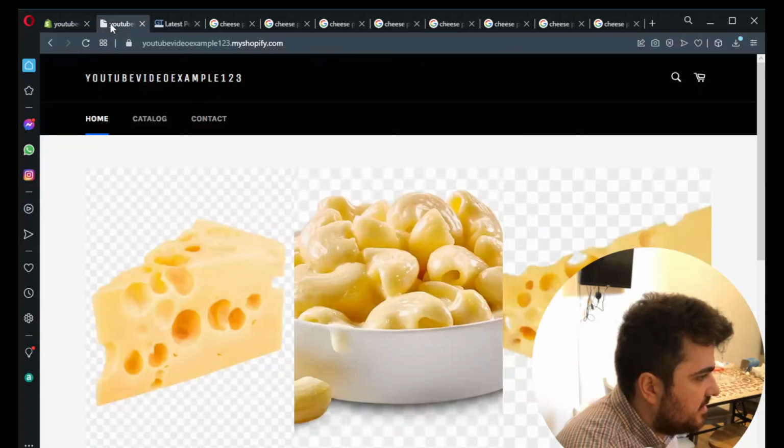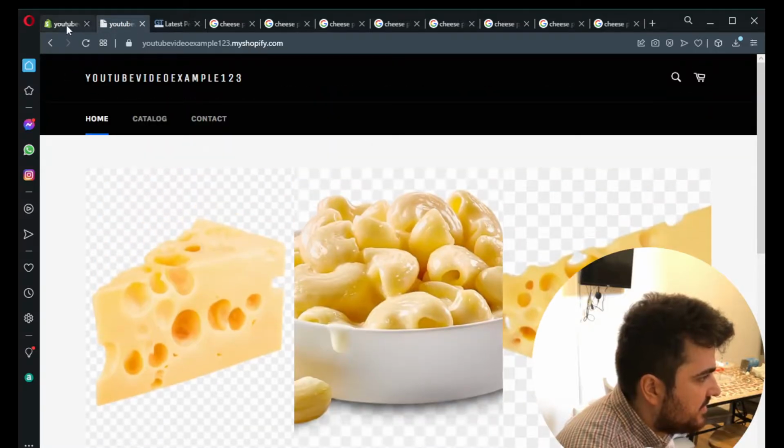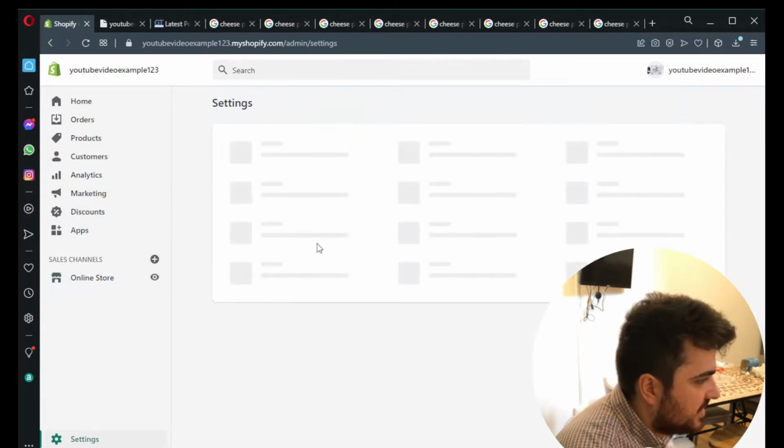And then if we go back here and press refresh, you can see that at the bottom there is this little currency converter. So that's perfect. We now need to add different currencies. So just go to settings,